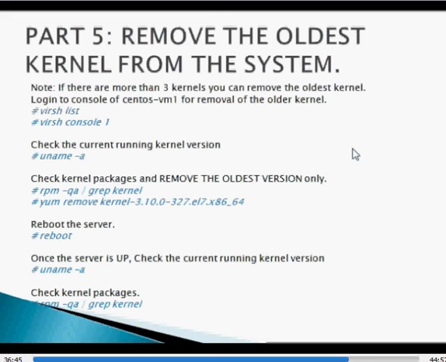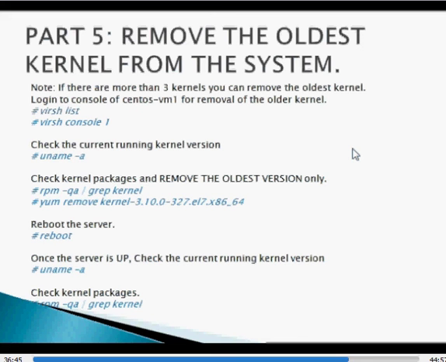Never try to remove the current kernel or the n-1 kernel. Once the kernel is removed, reboot is not required, but I prefer to reboot the server. Then check which kernel the server is booted from, and again using the rpm -qa command, check the kernel.